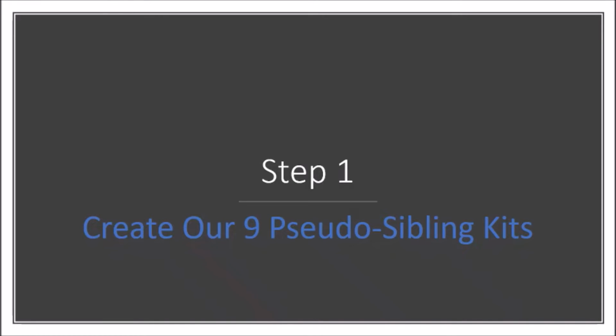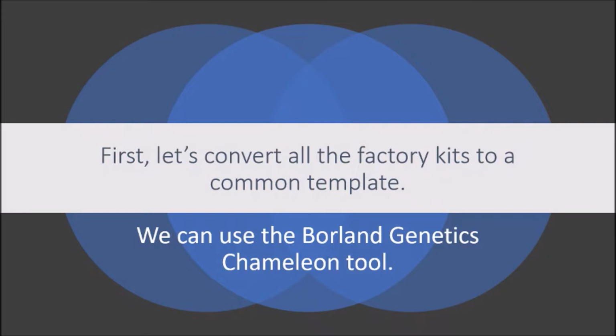And we're going to use the ultimate phaser tool and the extract segment tool in this demo. Although as an alternate workflow, we could use the Phoenix and Dark Side, and maybe we'll do that some other day with some other 3 siblings, or maybe we'll do the 4 sibling scenario at some point. Okay, in this project, the first thing we're going to have to do is convert all the factory kits to